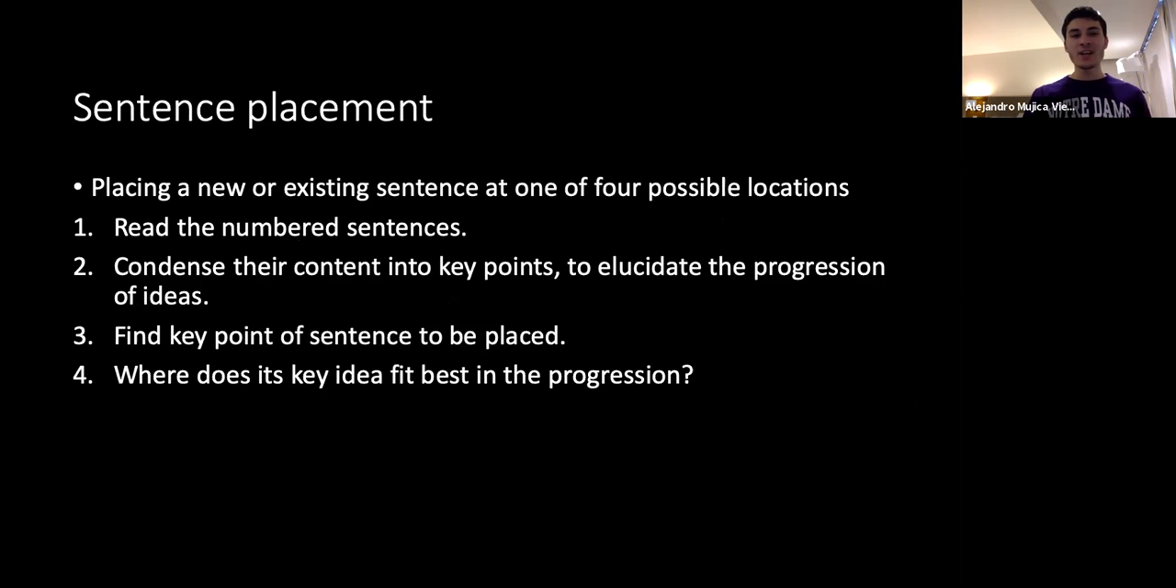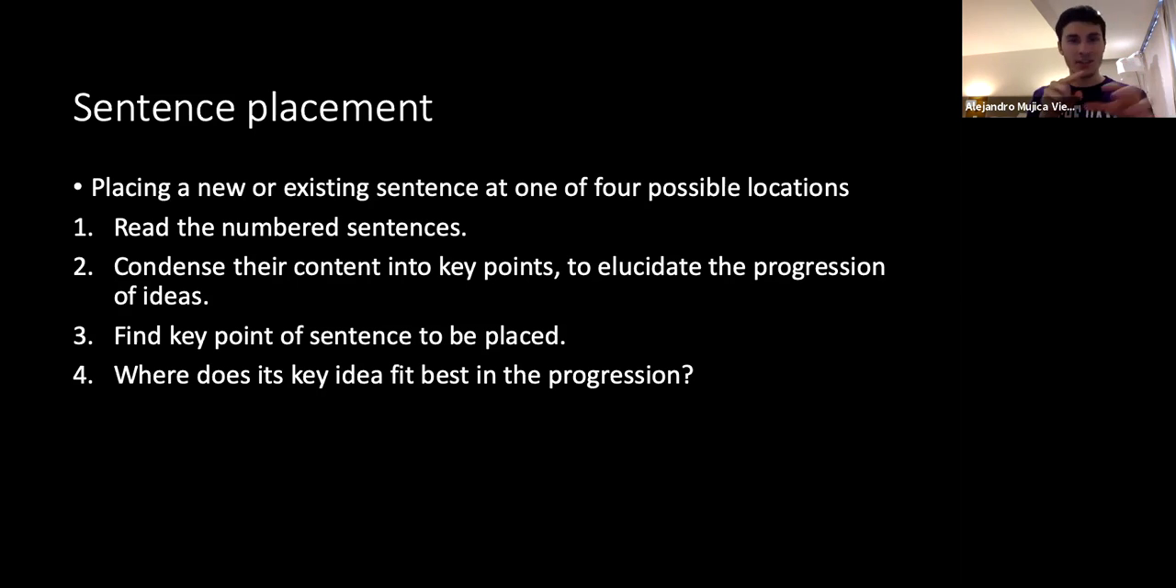So placing a new or existing sentence at one of 4 possible locations. This is one of the harder ones, where you have a sentence and you have the numbers and you have, like, are you going to place it here or here or here or here? So our strategy is we read the numbered sentences. We try to condense their content into key points to elucidate the progression of ideas. In your mind, you should create sort of like a